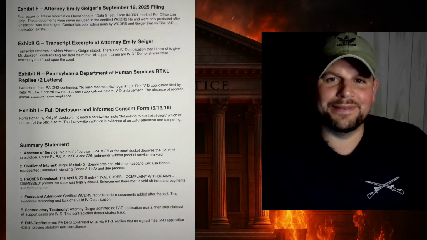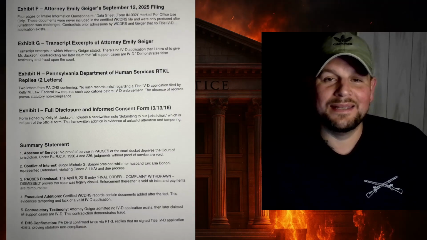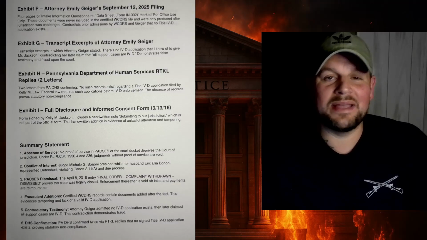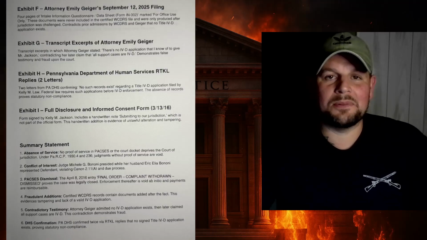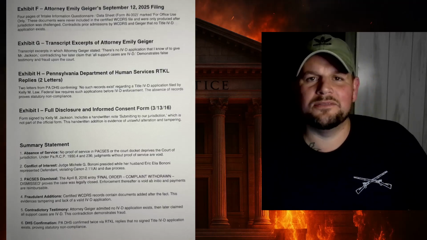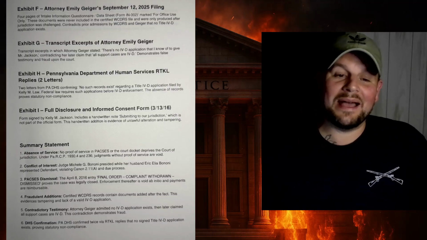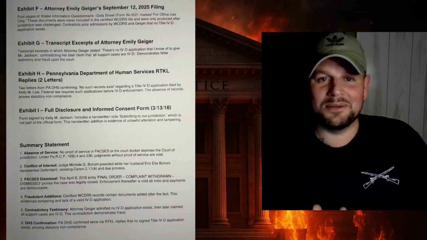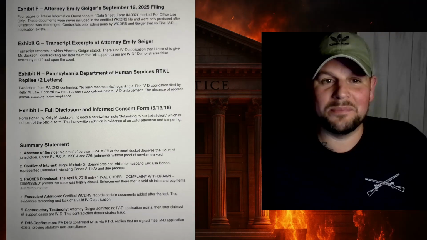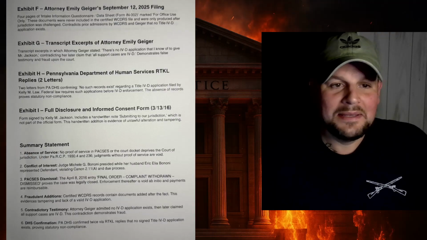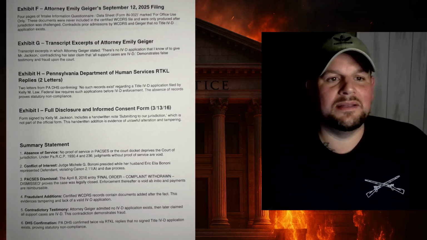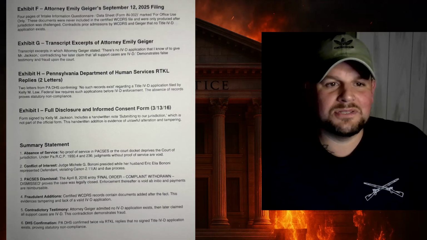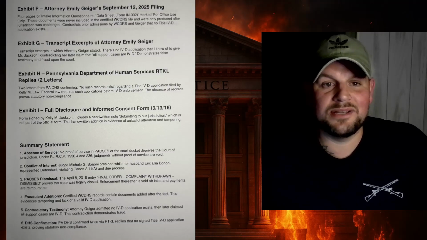It's kind of funny, you know. You bring up something, they don't know what you're talking about, and I'm going to show you guys transcripts of her saying we don't have no Title 4D application that we would have anybody sign, a plaintiff or defendant and all that stuff. So now all of a sudden, afterwards, they pull up these extra 4 documents that are redacted, like I don't know the information of my ex. So we'll get over that. Here, Exhibit G, transcripts of Attorney Emily Geiger, all the stuff she said, contradicting herself. We got that.